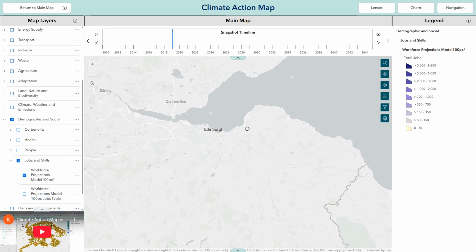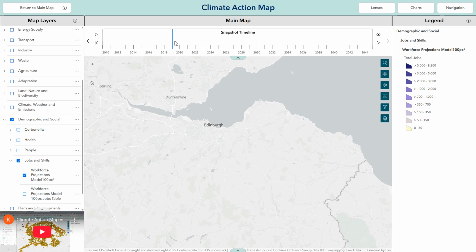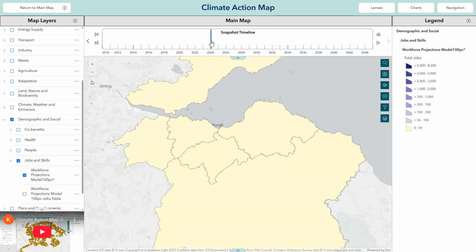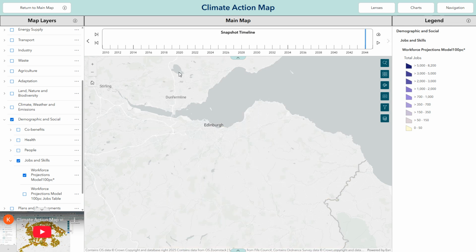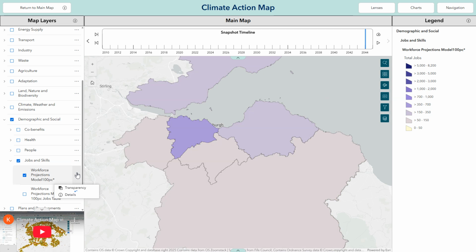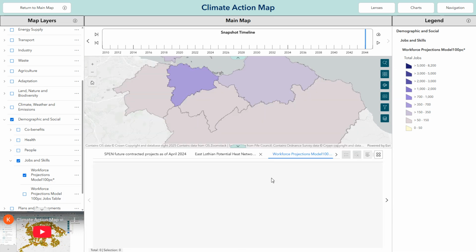And this is one where it also helps to know the data, because this is projection, so it's all out into the future, but we have another data set that's looking at the past, and again, they're having to use the same timeline. So here, our projections don't start until, let's see, is it 20, okay, it's 2025. Again, if I didn't know, I could have used the table as well, and pull the timeline all the way to the end, add to the table,